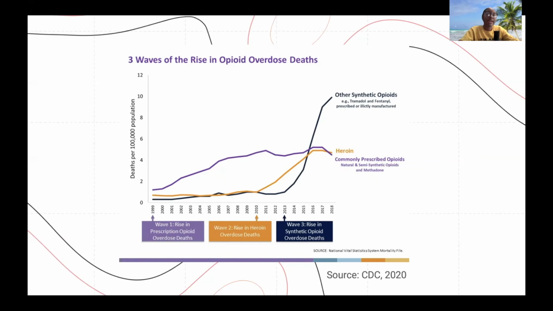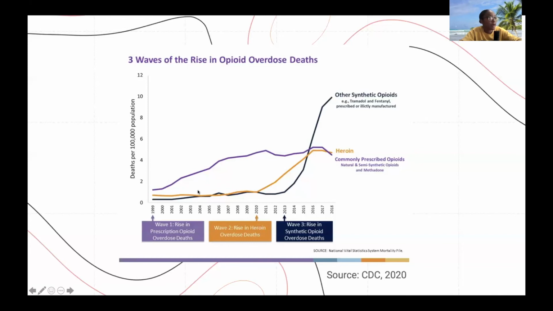Okay, now we're briefly going to go over this chart that I got from the CDC. From 1999 to 2018, almost 450,000 people died from an overdose involving any opioid, including prescription and illicit opioids. This rise of opioid overdose deaths can be outlined in 3 distinct waves that you can see here on this chart. So the first wave began in the 1990s with an increased prescribing of opioids.